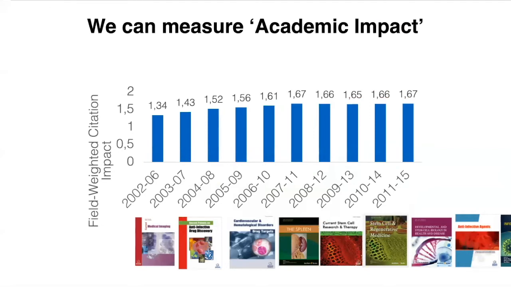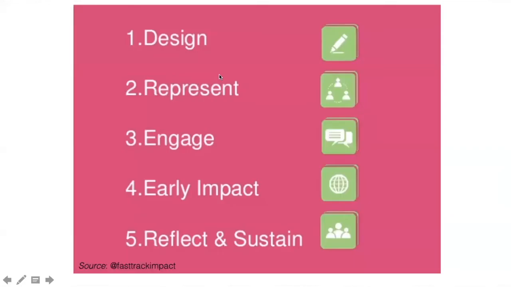So academic impact over time, of course, as you can see here, has steadily been increasing. The number of publications in journals with higher impact factors is increasing all the time, and so this is something that is worth being aware of. But when it comes to your own research and planning your own research for publication in high impact journals, let's have a think about the design. Let's have a think about what you wish to represent with the work.